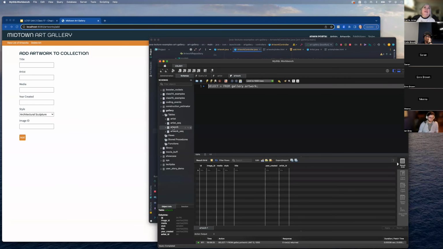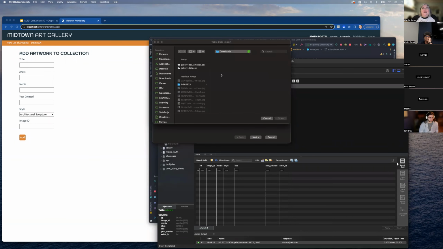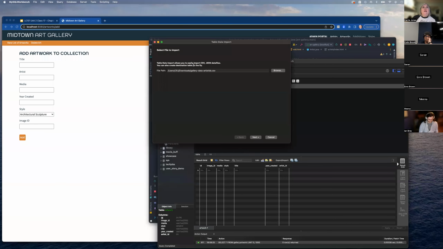Because I actually can import it, because I made a CSV file. So let me come over here and actually, hold on, let me think about this. Is this going to work? Yes. Okay. I can actually come in here and get this new one, which has